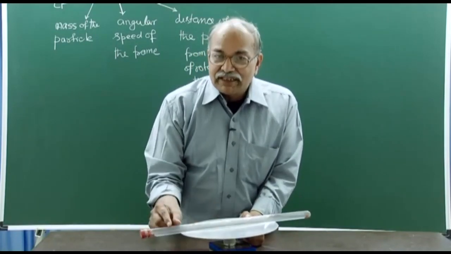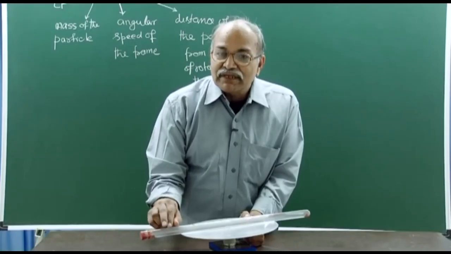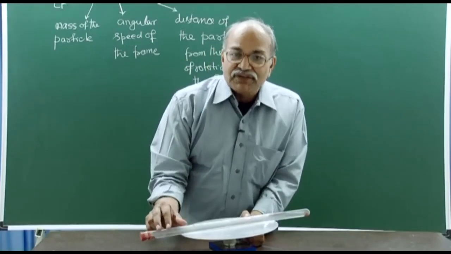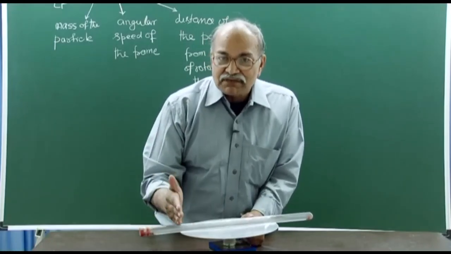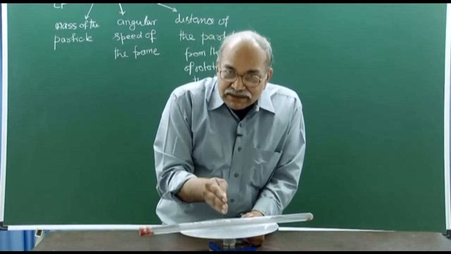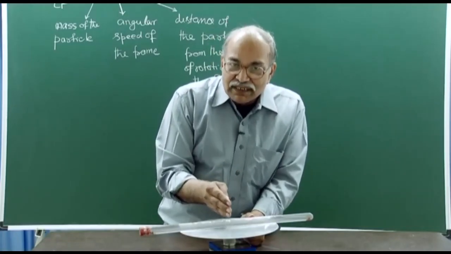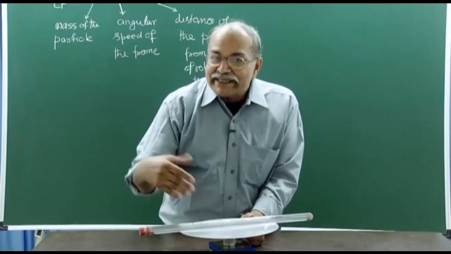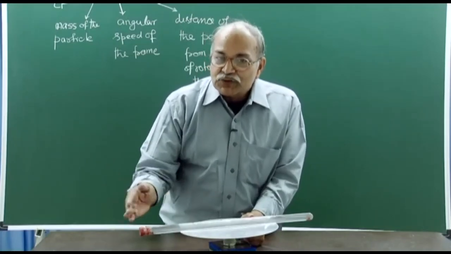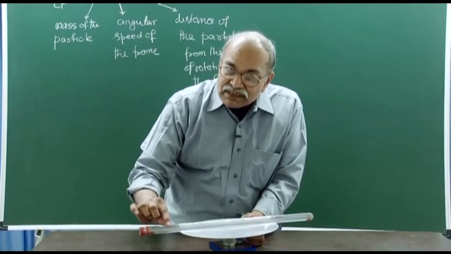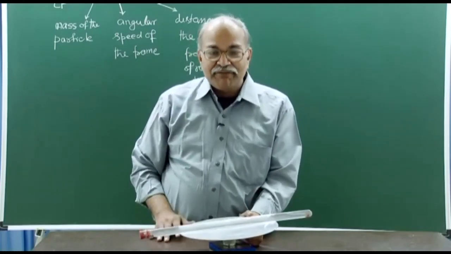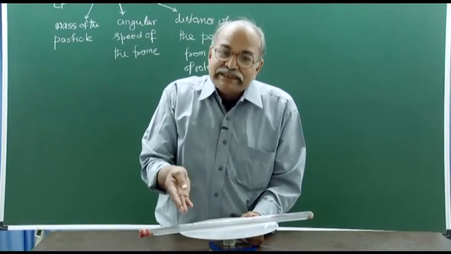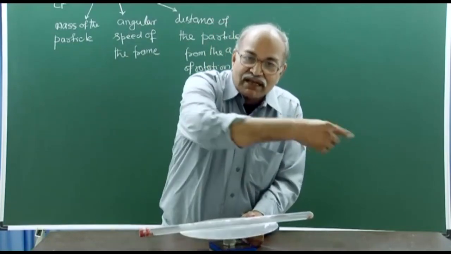center, and therefore, the pressure on the right of this and pressure on the left of this should be different. The pressure on the right should be more, the pressure on the left should be less, or the pressure towards the center side should be smaller and the pressure in the edge side should be larger, so that you have a resultant force towards the center. So, if I am in the inertial frame, this resultant force takes this water mass into a circle.